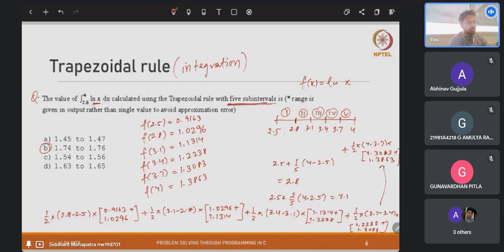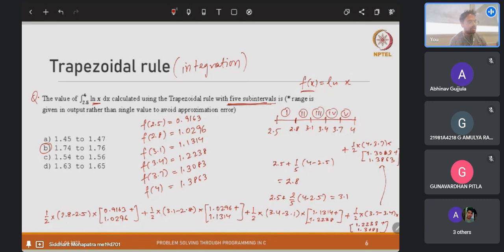minus a, that is 2.8 minus 2.5 for the first trapezoid, into the sum of the sides, which we have calculated. So we calculated ln x, which is the function f of x. We calculated the value of ln x at all these values that we need, 2.5, 2.8, 3.1, and so on. So the area under the first trapezoid is half into the height into the sum of the sides, which is